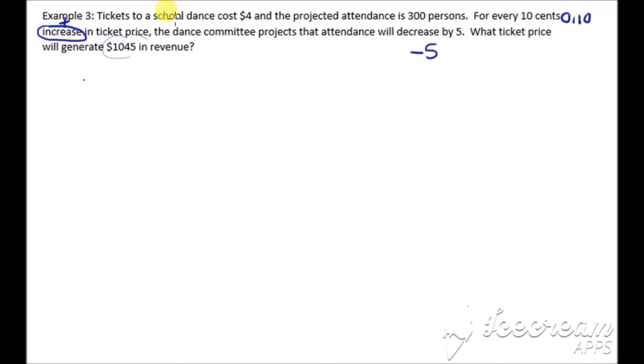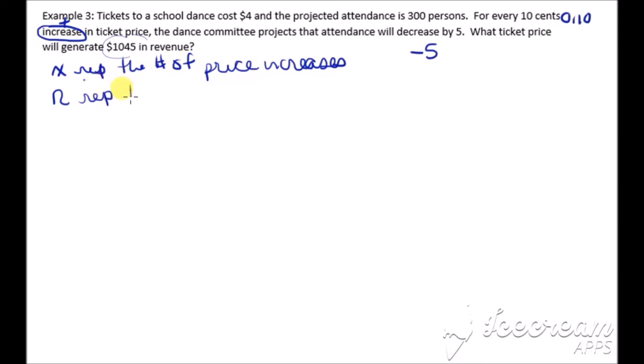So we know that this is going to be a revenue question. So X is going to represent the number of price increases. Okay, and then R is going to represent the revenue